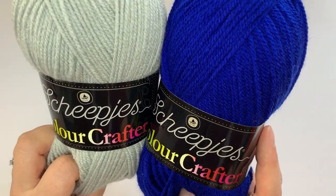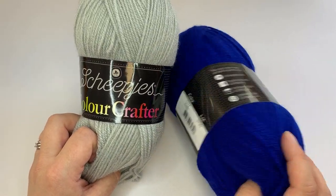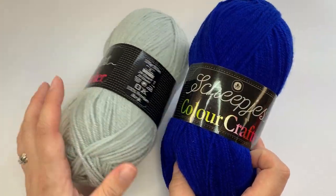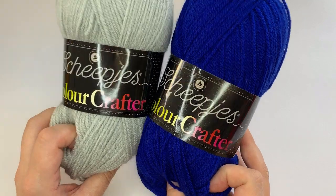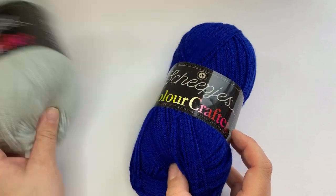So for the movie version of Ravenclaw, I have gone for Delf, a really rich royal blue, and again St Niklaas, because it's the best light grey in the range. So those are the movie colours, and before I get screamed at for not showing an alternative, we can do...